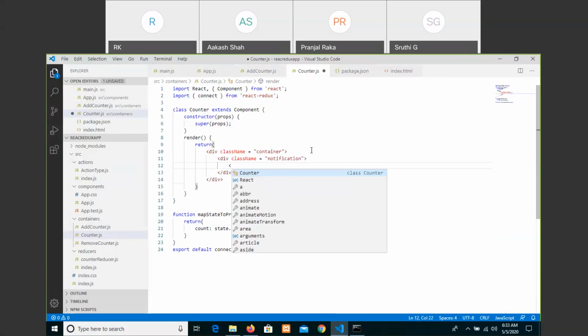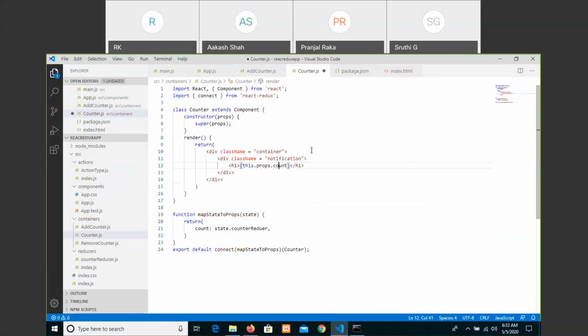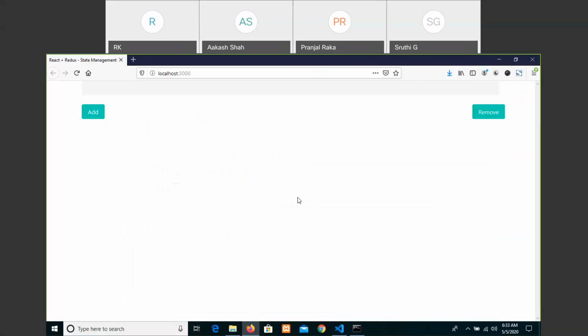Okay, I thought I had already written that statement to display the count. this.props.count. And let us see.